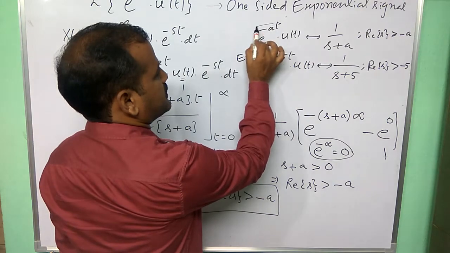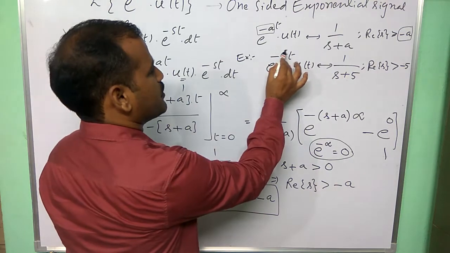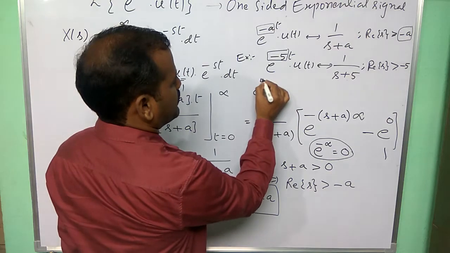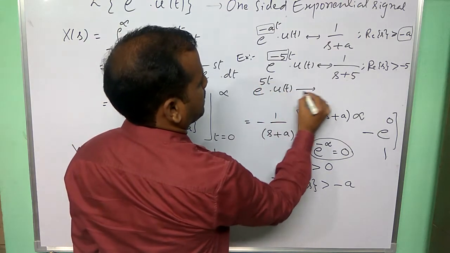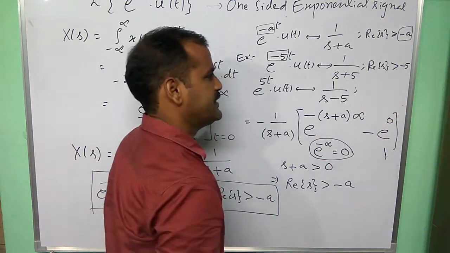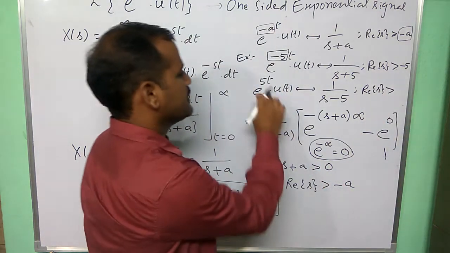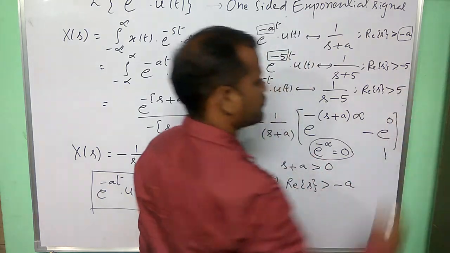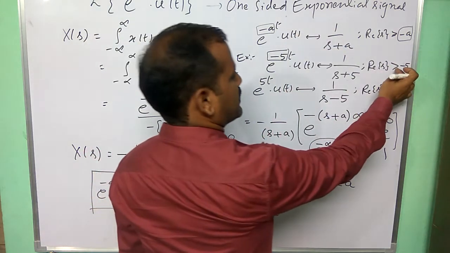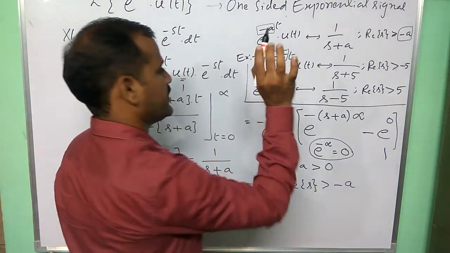Observe, here the pole value is at minus 5, that's why greater than minus 5. What is the constant here? That is nothing but the pole. So the real part of s should be greater than the pole. Similarly, here the pole value is minus 5, so the real part of s is greater than minus 5. Similarly, e to the power of plus 5t u of t has Laplace transform 1 by s minus 5, and the ROC is real part of s greater than plus 5, which is the pole. But not a less-than sign here, because both are right-sided signals, so the greater-than symbol should be there in the ROC expression. These numericals also should be noted. Fine. Thank you.